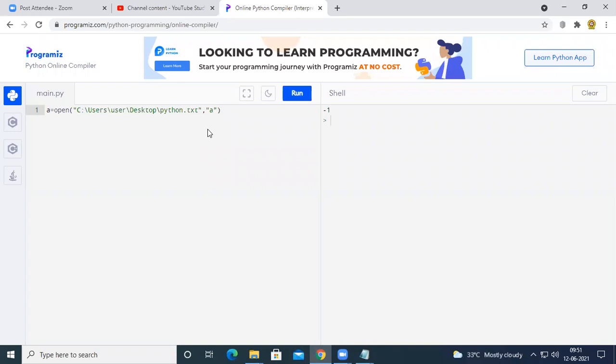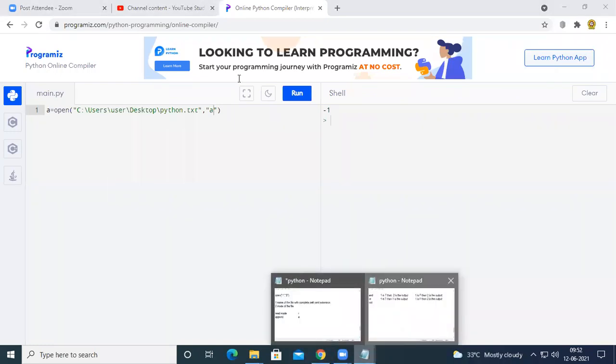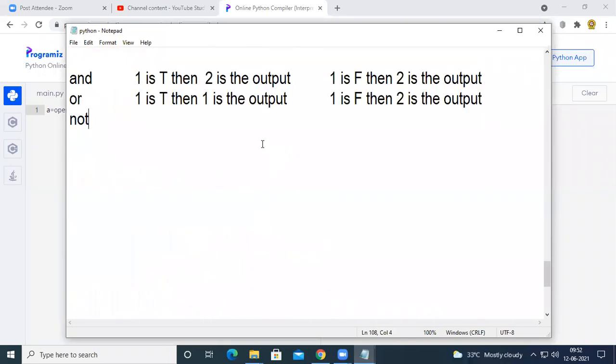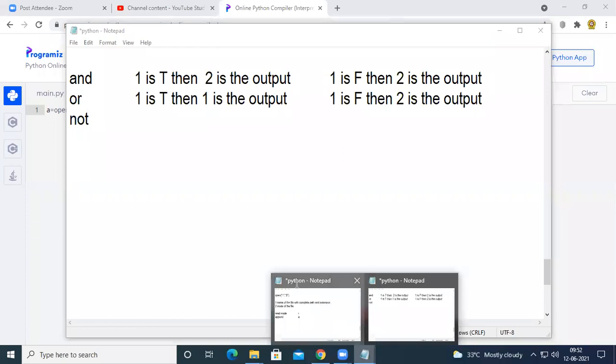So if we want to add some more data to the already existing data, here in this file we have already some data. If you don't want to delete all the data, and we want to add some more data here, we can open the file in append mode.